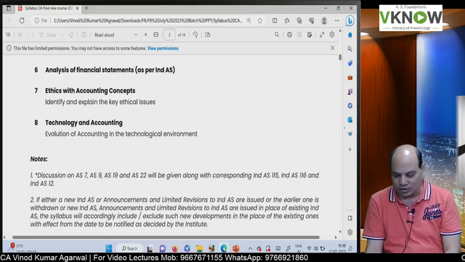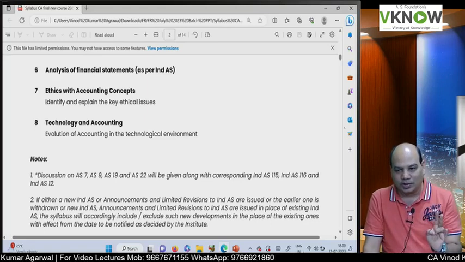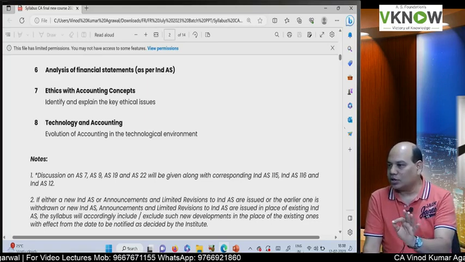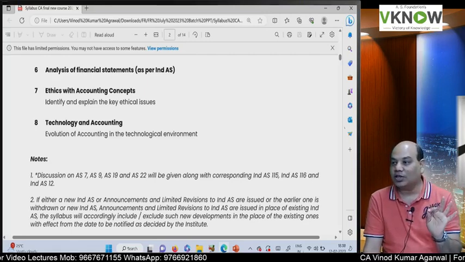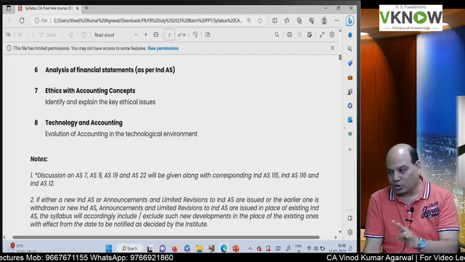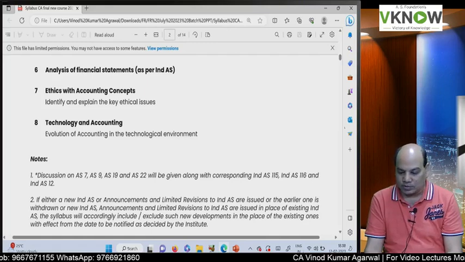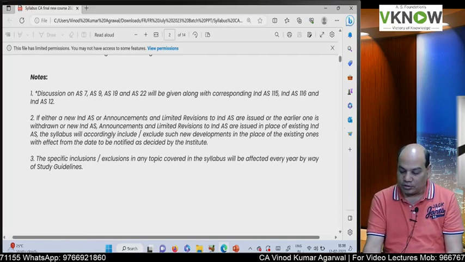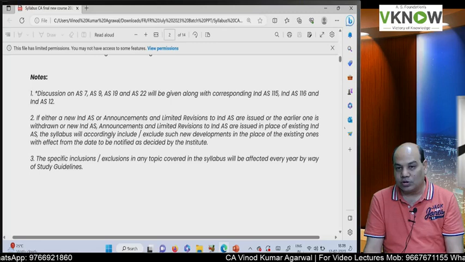Theory topic, interesting topic. And which 2 topics have they removed from the syllabus? Corporate social responsibility, CSR, they have removed, and integrated reporting. So those 2 are theory topics substituted by 2 topics: ethics and accounting concept, technology and accounting. Is it right? And one bad news for the new course students: you have to also study